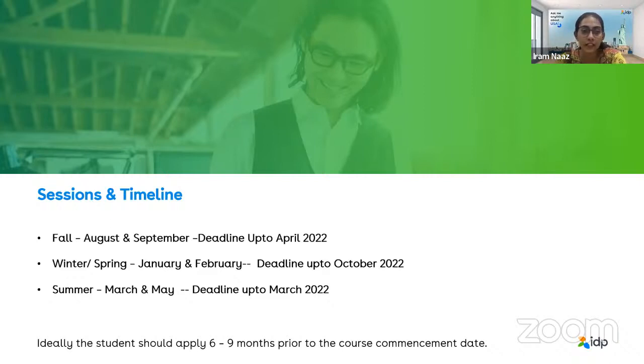So if you are applying early, then there are chances of you getting the scholarship early. Like there are scholarships available for early birds. So every student who is applying in the month of December or November for the next August will get the early bird scholarships for every university. And for winter, there are opportunities on the merit basis. So if your profile is good, then definitely winter and spring intake is best for you. And for summer, scholarships are going to be available on the same merit basis. But in the fall, there are early bird application scholarships.